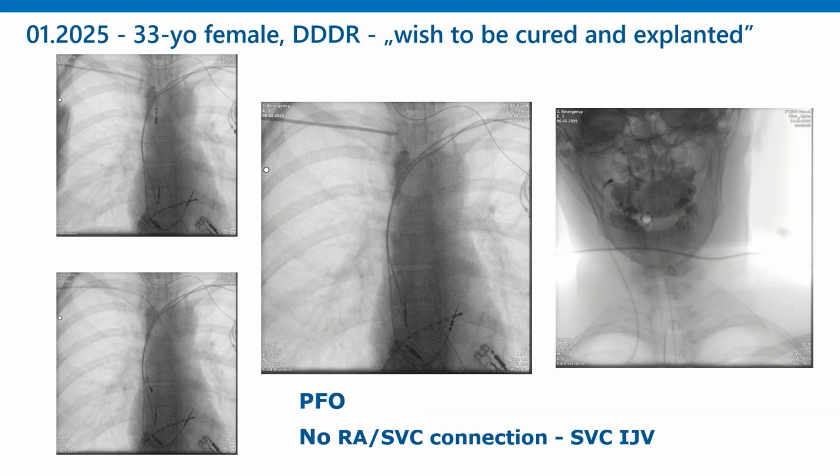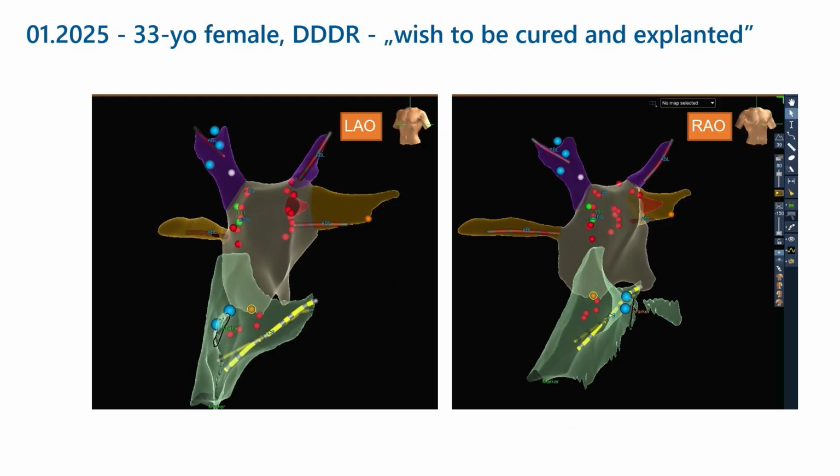And we started the procedure, and we realized there is no connection from the inferior to the superior vena cava. Fortunately, there was a PFO, so we did the procedure. We started from retrograde subclavian access to the right internal jugular vein, and we realized that we could proceed with almost all GPs except the part of the right atrium, superior atrium. As you can see, it's something like here, and this is a membrane inside the right atrium, induced after healing of the previous tamponade, and of course we cannot cross it.